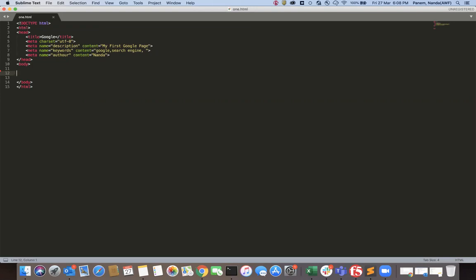So what is inline CSS? A simple example: I have some H1 or paragraph. I have a div and this is my sample content. When I have sample content, how am I going to display this content? What color do I want to display and what font size do I want to display? All these things, how can we provide to this content?